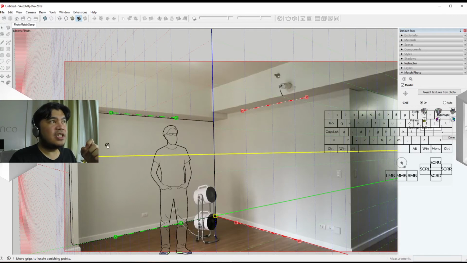So as you can see, since this is obscured, this looks pretty much correct. And that right there, we can say that that is a photo match already. And when we're satisfied with the photo match, like for example, we are right here, you can go to the tray and say that you're done,